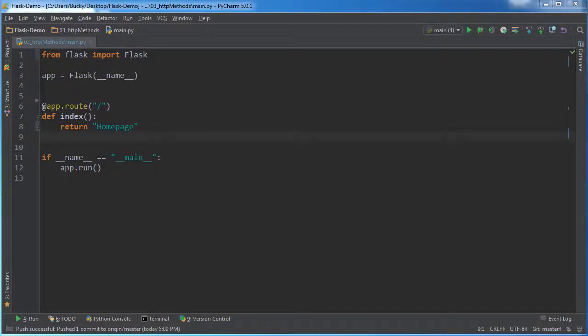Alright guys, welcome back, and in this video I'm going to show you how Flask can respond differently depending on the type of HTTP method. So the different HTTP methods we're going to be covering in this little video are just GET and POST. Now, even though we didn't explicitly say it in the last two tutorials, whenever we requested a URL from our little sample web page, we were using the GET method,